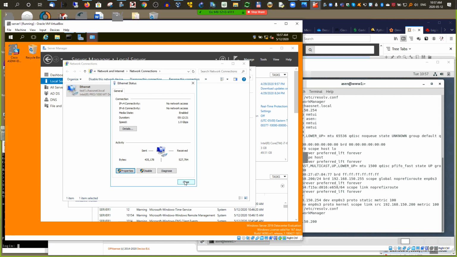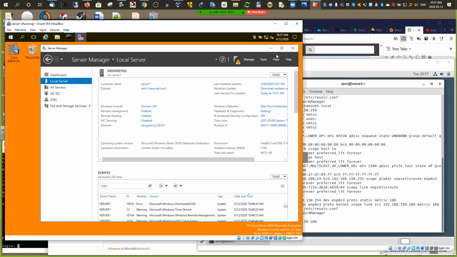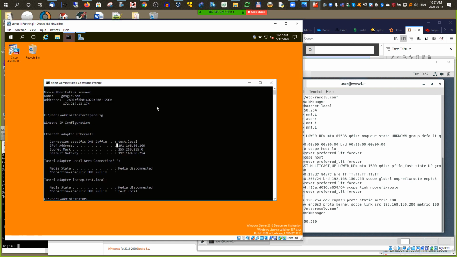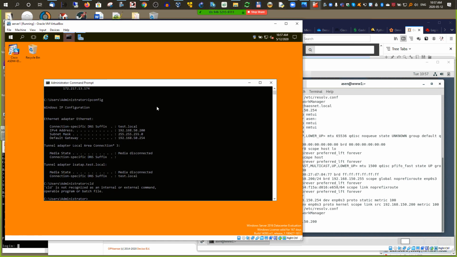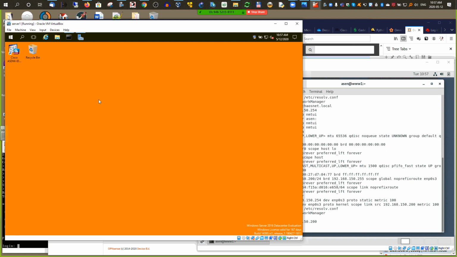I'll do close. I'm just gonna disable for a sec, and I'll enable back. And I need to double check once again my nslookup. And it's working. So now I'm okay. That's all I need to do for line 1, and